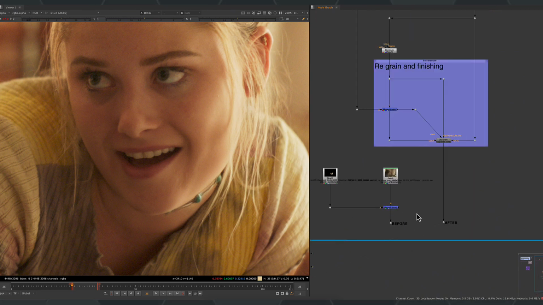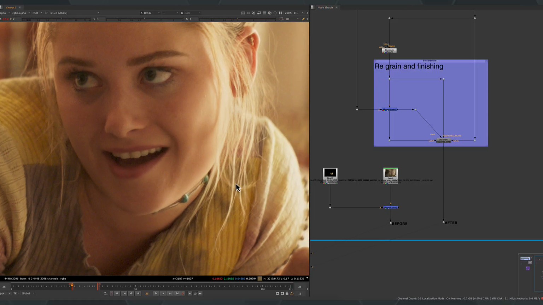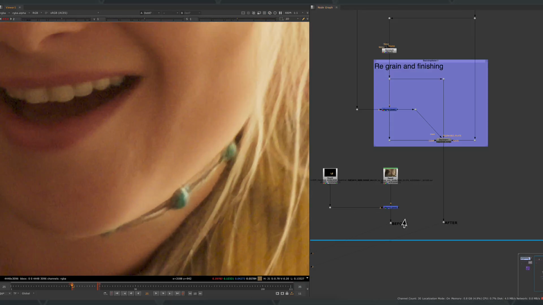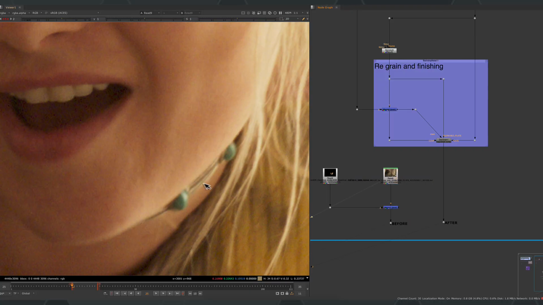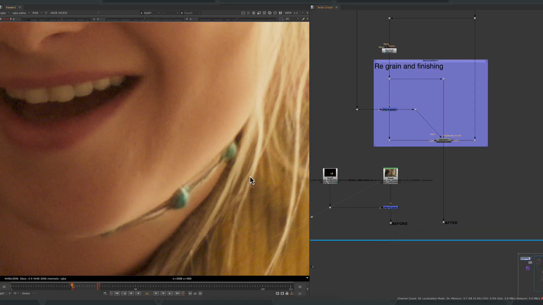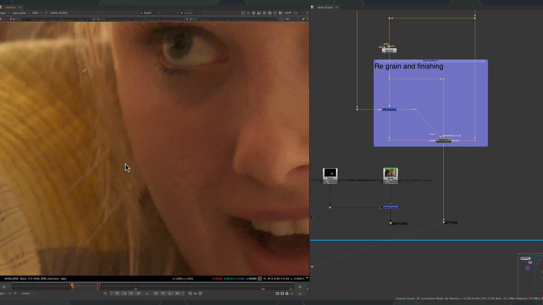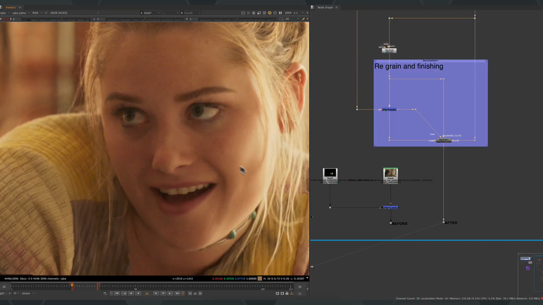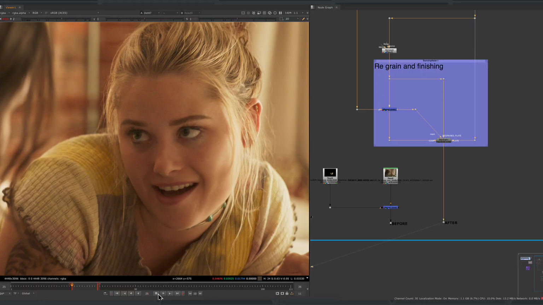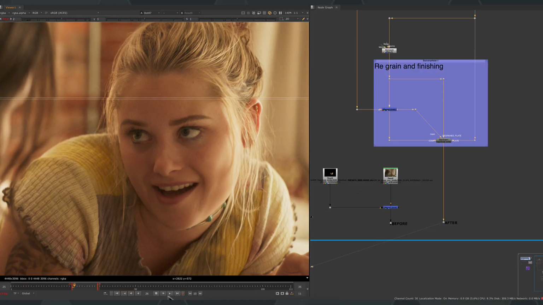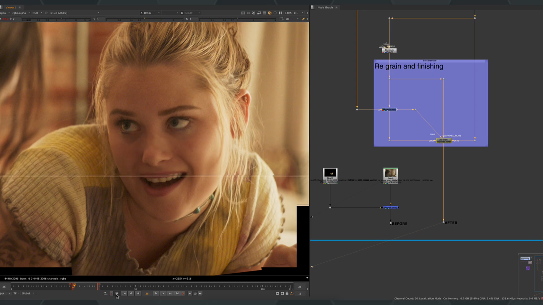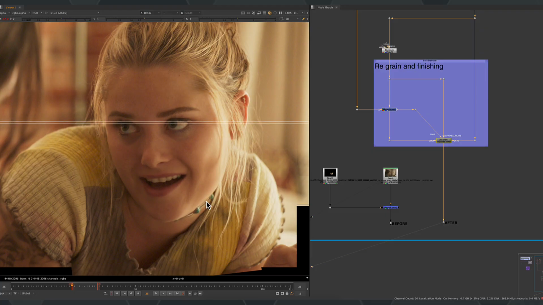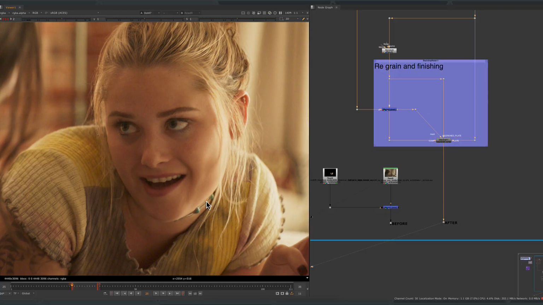So, other things that you might want to consider that I haven't really covered here are things like this necklace. In the original plate, this necklace has a little more detail than the output that we have. Maybe some of this hair is being distorted slightly, and the same goes for this side as well. Some of that hair is a little bit softer, maybe not quite in the right place. And it's not something that's easily noticeable until you start zooming in and A-Bing with the plate. But if you're watching this, you're probably used to doing that, and familiar with being quite nitpicky.